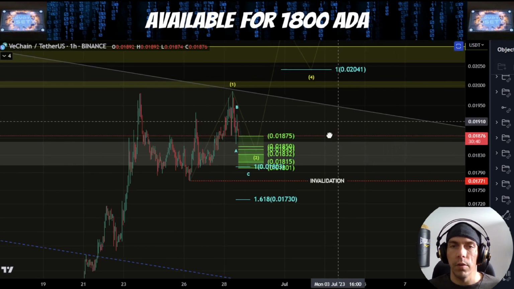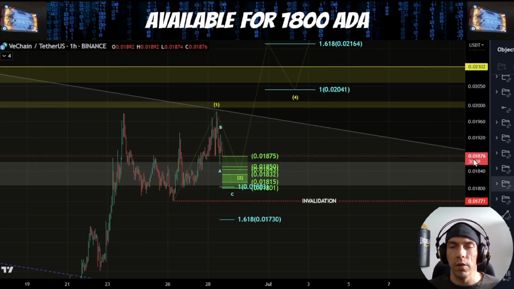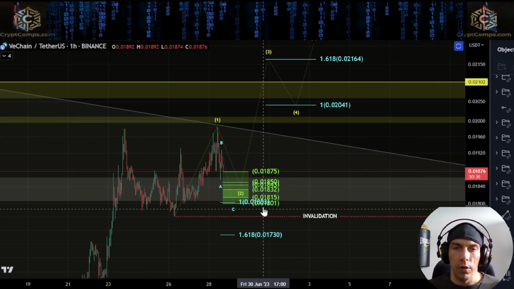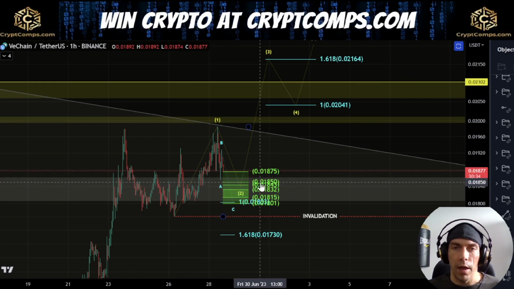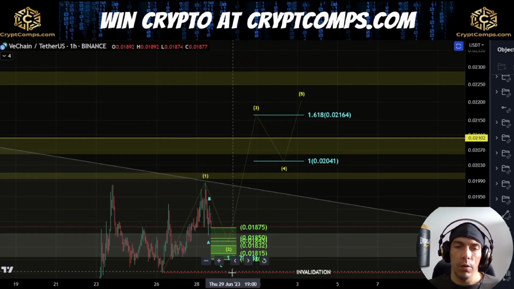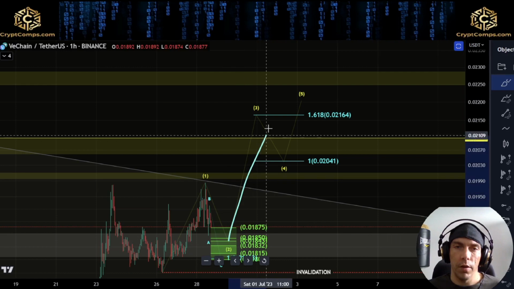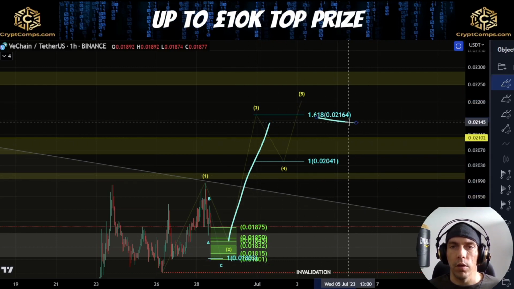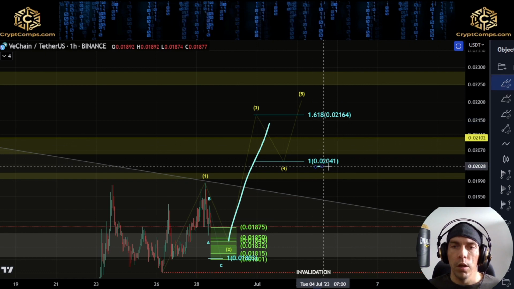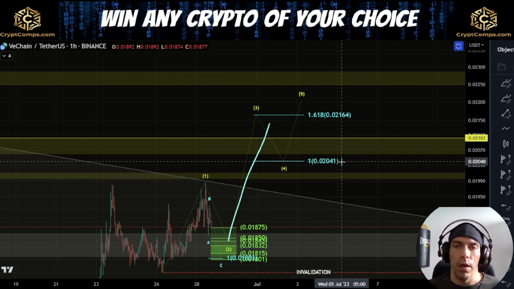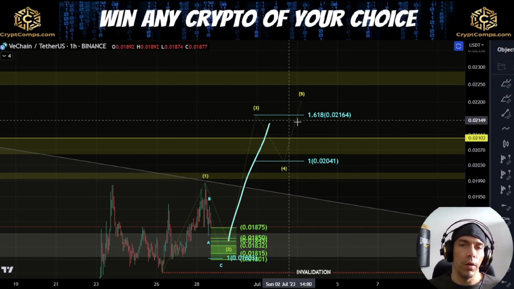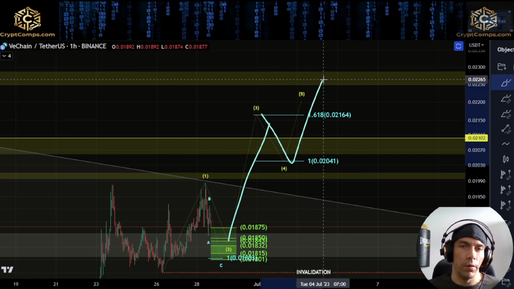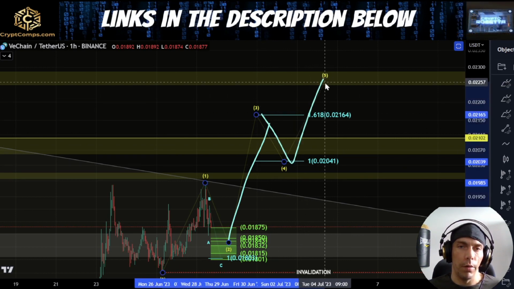If we do see something like this, where we manage to hold this 1771, we find support here in this 1801 to this 1850 area. Potentially we could see price look to push to the upside here in a third, in which case our 3rd wave target would actually be this zone here, this 0.2164 to this 0.241 area. And this would be looking for the possibility of this actually completing a bigger 5th wave higher up here.